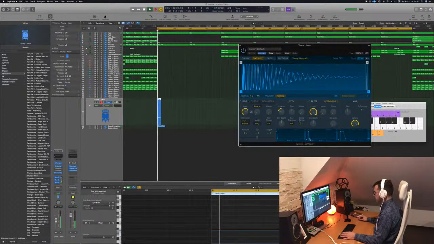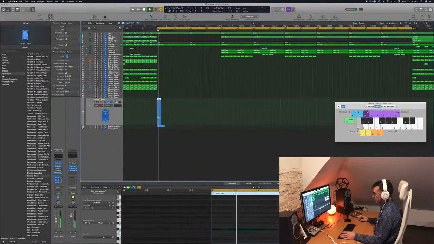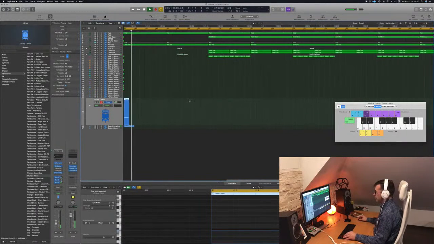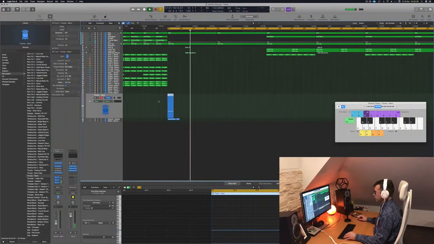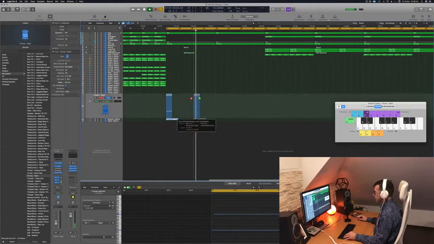This is nice. I would like to have a bit more length. I don't think there's more length in the sample itself, so there's really not much more that I can do, but it's a nice thump. It will help. What to do is have this as an element to accentuate